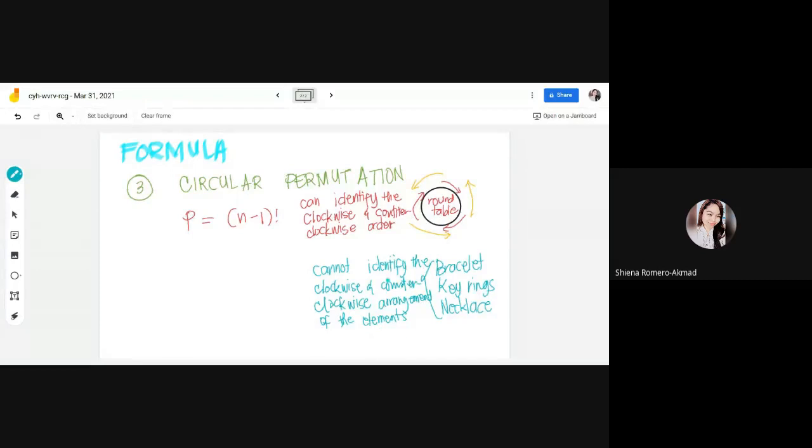At dahil doon, dahil hindi mo ma-identify, try nga natin, if you have there your bracelet, try ninyo,